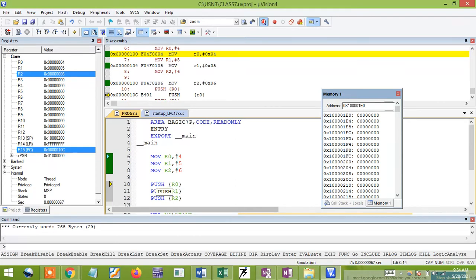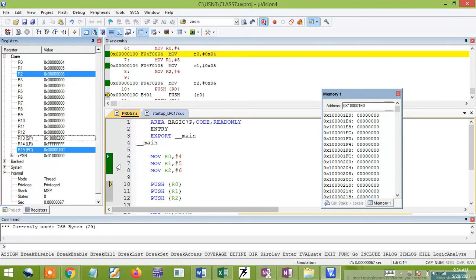Next, the push instruction comes into existence. Now I want to push this data inside the memory. But as I told, on push my stack pointer will be decremented. If it is decremented, what is the value you are expecting? Stack pointer, yes, I want 1FC.